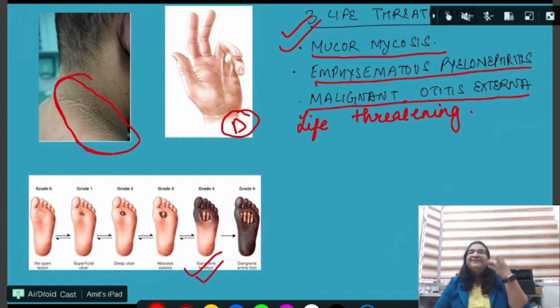So if you get a black rhinocerebral photo, blackish discoloration is occurring, and they give you in the question that a patient is diabetic, it is mucormycosis. If they give you a picture of the ear and it is having pus, then it is malignant otitis externa if history of diabetes mellitus is there. Okay,